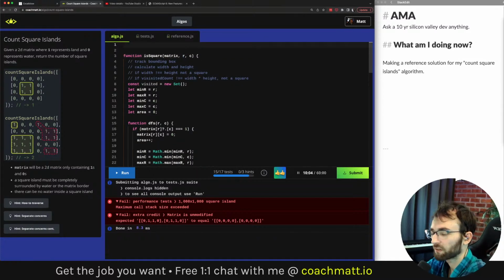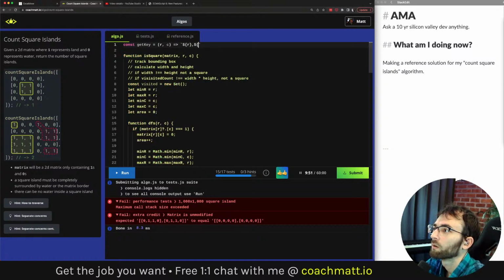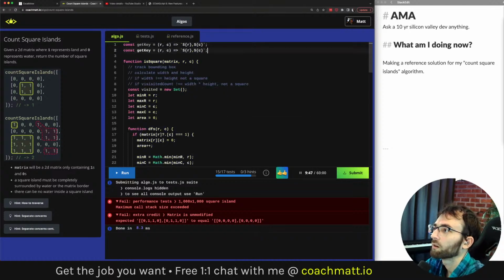Maybe you can have a helper function. I love one-line helper functions. These are so useful. getKey equals row, column. I'm using a template string. This is really just a fancy way of doing row plus this plus this.